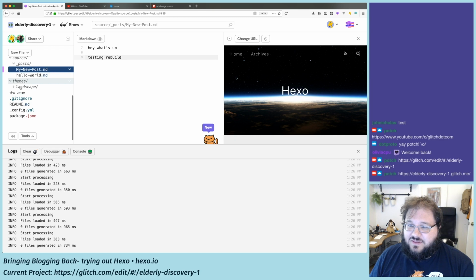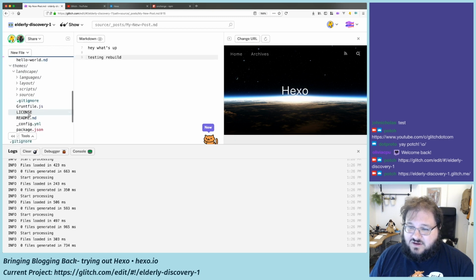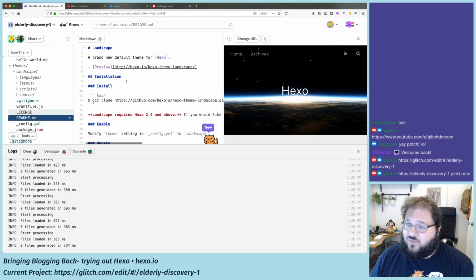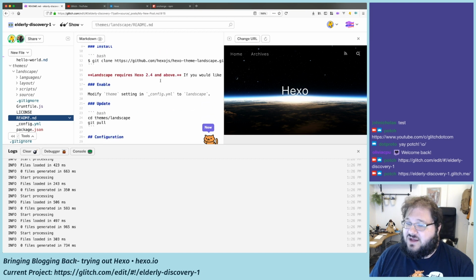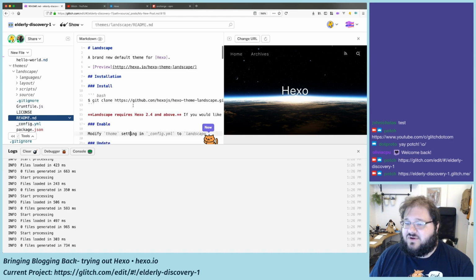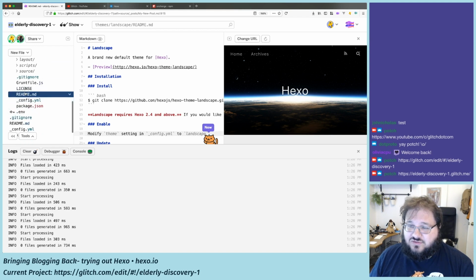Let's take a look at the theme. I'm not sure how messing with the theme works, but we can see modify theme setting YAML to landscape. It brought this theme in when it installed, so it has a theme. I'm not sure how you manage themes, honestly, but we can go to this theme and just mess with it for a little bit. Layout,